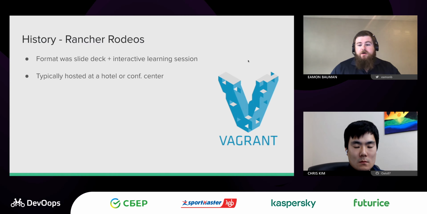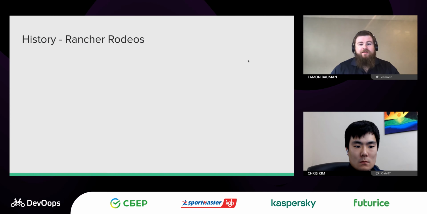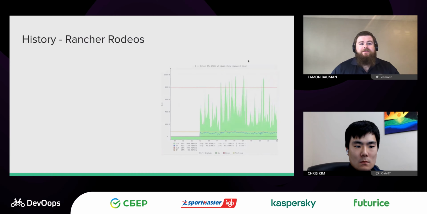Again, this was typically hosted at a hotel or conference center, and the interactive learning portion of the rodeo was driven by HashiCorp Vagrant. We would ask attendees to download box images to their computer, start virtual machines, stand up Kubernetes clusters, and interact with these VMs. Now, if you're paying close attention, you may see a problem with this. The problem with this is shown in this